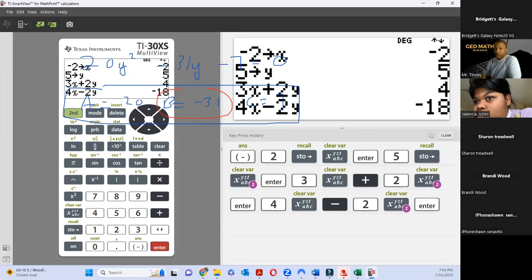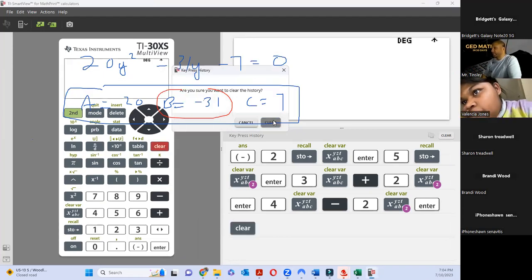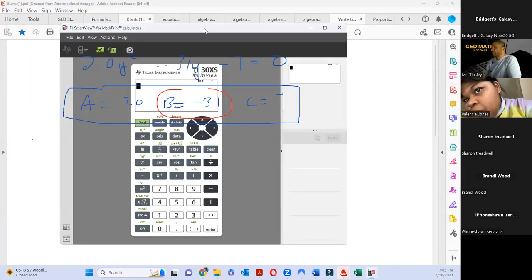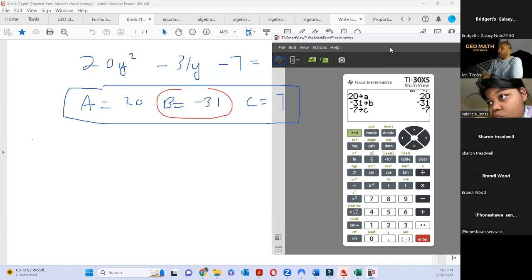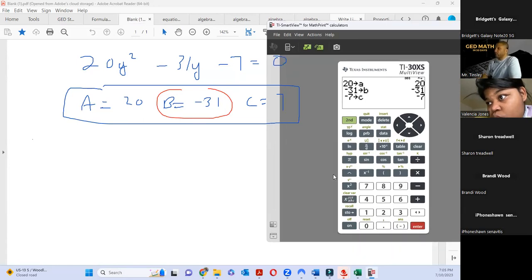So what I'm going to do is, first of all, let me clear this out. Watch this. 20 store A, minus 31 store B, negative 7 store C. Boom. Now, I look on my formula sheet and I know my